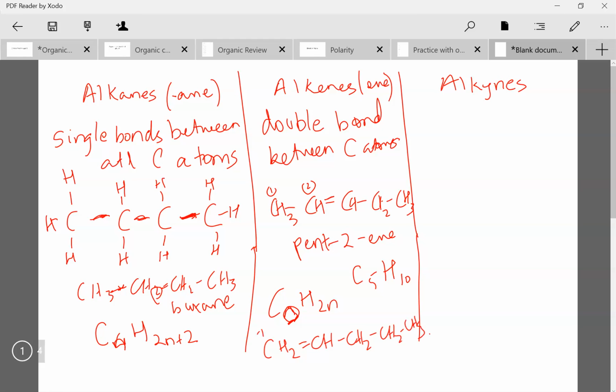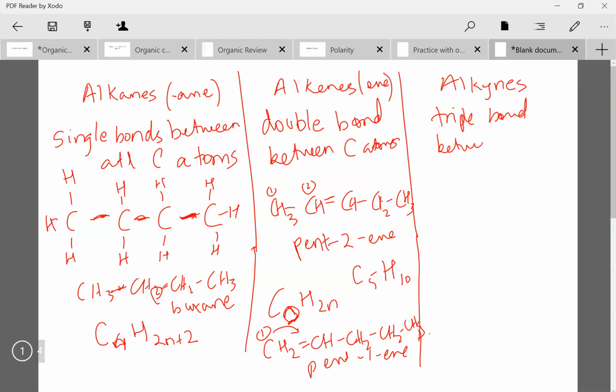Where the double bond is right after the first carbon, so it's pent-1-ene. Whenever you add a functional group, with a couple of exceptions, you always have to specify which carbon the functional group is attached to. Alkynes have a triple bond